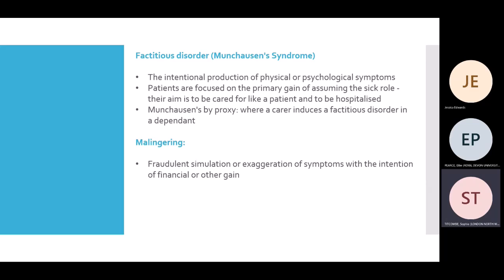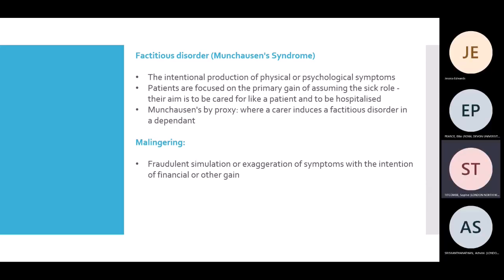And then finally, we've got malingering. So this is again when a patient actually is either simulating their symptoms or exaggerating their symptoms. And this is with the intention of financial or other gain, such as getting leave off of work or leave from school, among other things. So factitious disorder and malingering are the 2 where patients are inducing and fabricating those symptoms, whereas the other 4 disorders are where patients are experiencing symptoms that very much feel real to them.